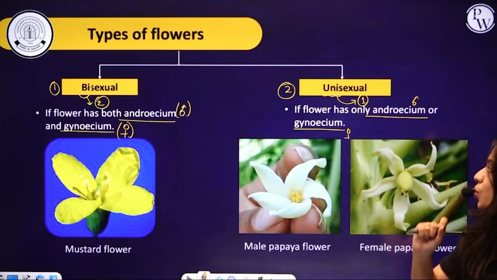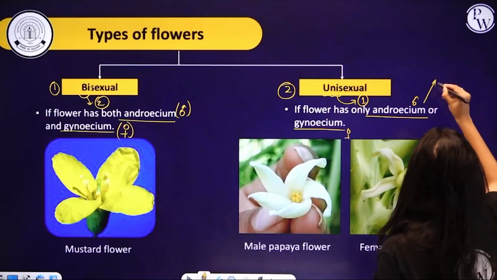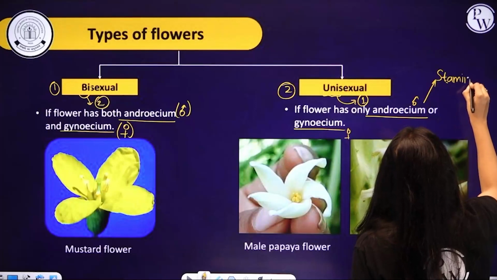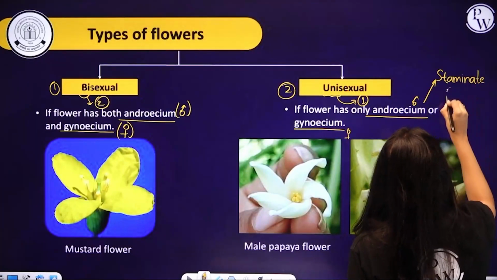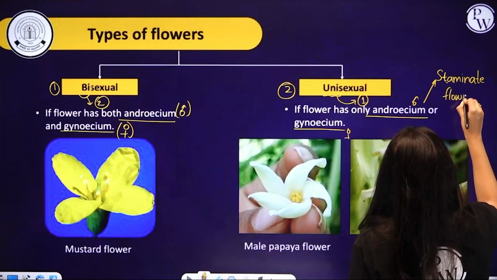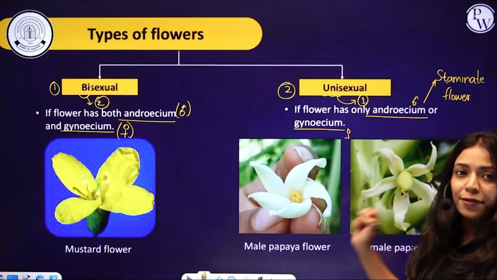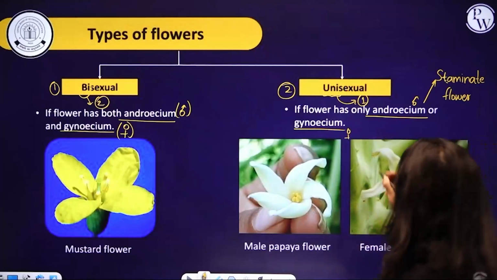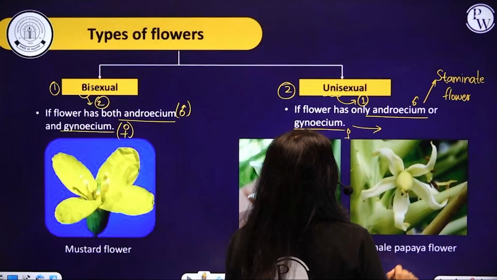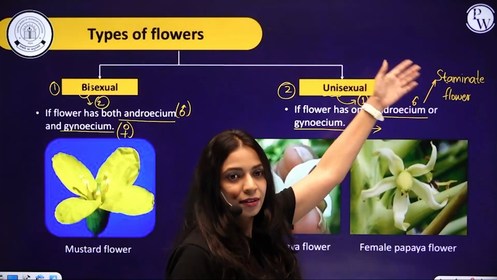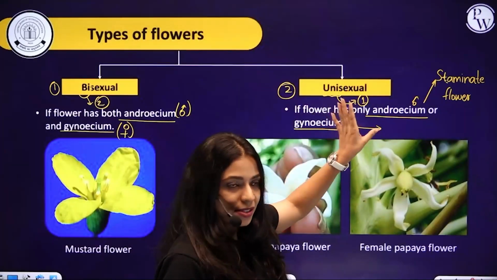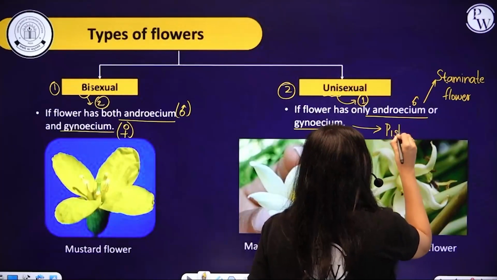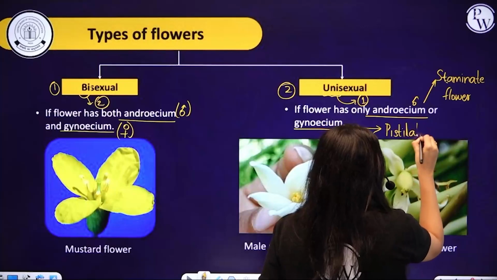If it contains only androecium, we call such flowers staminate flowers. If the flower contains only the female reproductive part or the gynoecium, then can you guess what it could be called? Stamen, staminate. Gynoecium is also called pistil. So these flowers are called pistillate